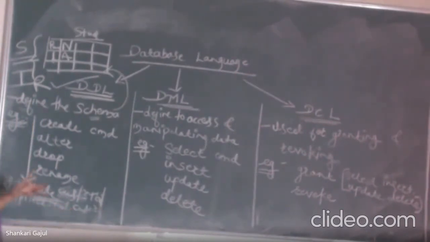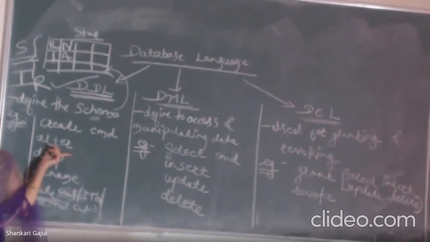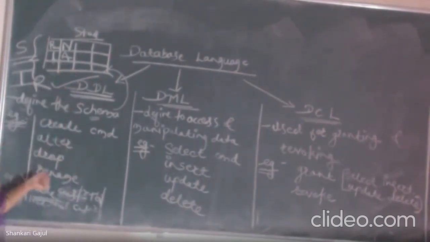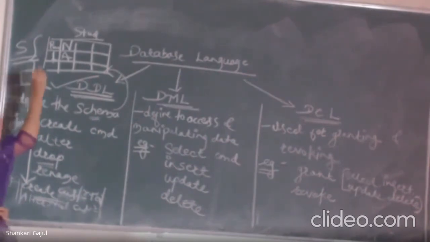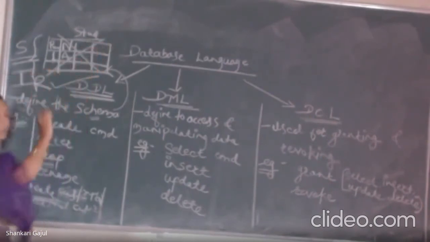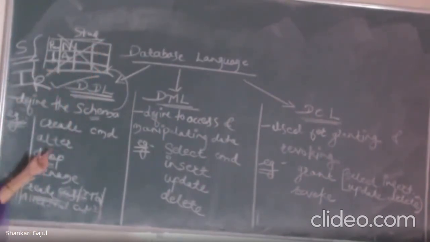Okay. So thus we will understand what is the alter command. So alter command is used to modify the name as well as to modify the whole table of the data. Okay. So what do you mean by drop command? So this is the drop command. So drop command is used to delete the whole database. So suppose I want to delete this whole database from the system. So I can use the drop command.